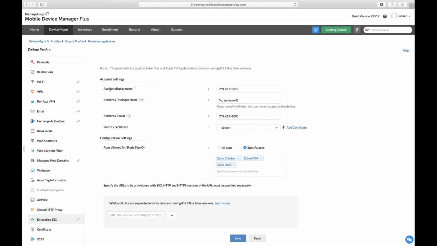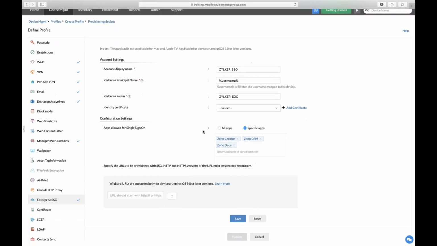So once that has been set up on your end, you can mention those details, your Active Directory details like the account name to display, the Kerberos principal name, etc. So once that is done, you can configure this setting, this enterprise single sign-on setting, either for all the applications that you're distributing through the MDM service, or you can just specify certain apps which has to use the single sign-on. So once that is done, you can hit on save, and this configuration would be saved on your